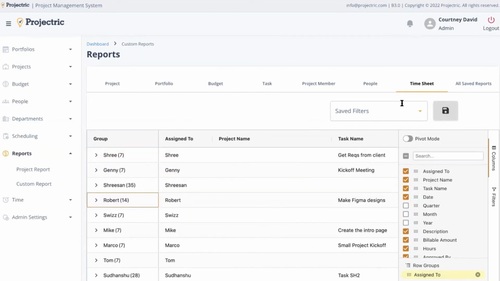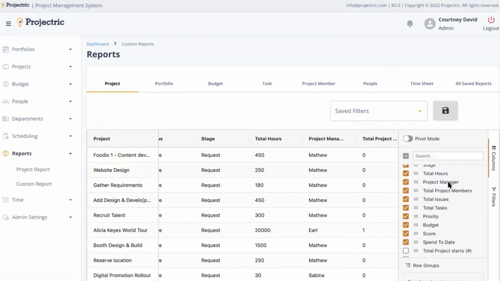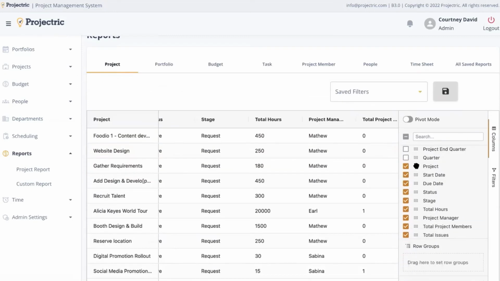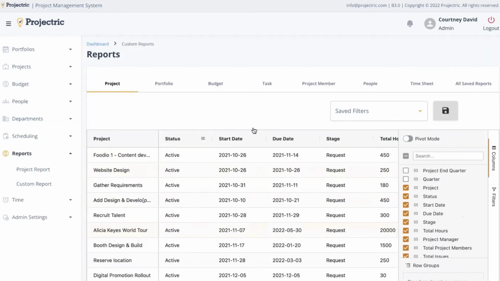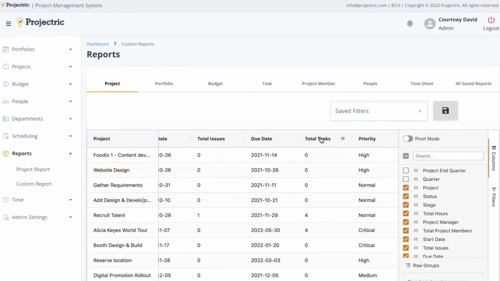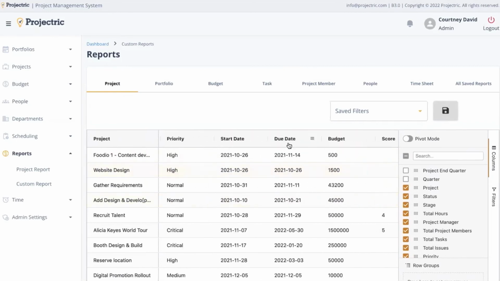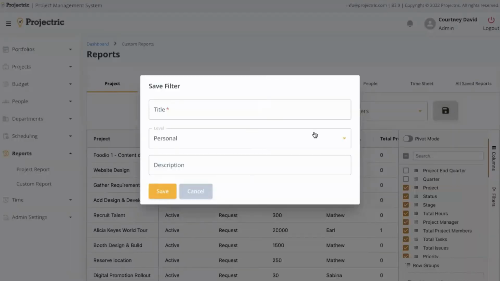If you create a report format that you'd like to save for later use, you can do so by clicking the Save icon. For example, you'll see here that I've gone into the Project tab and created a project format for a report that I know I would use moving forward in the future. To save this report as a template, I'll simply select the Save icon next to Saved Filters, and then I will give my report a title,